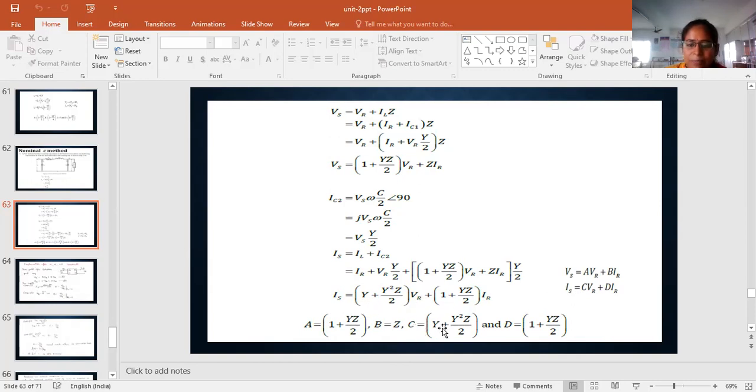C value is y plus y square z by 2, and for D value 1 plus yz by 2. Okay, these are the four values for the nominal pi method ABCD values. We can find out whether two conditions will be satisfied or not. The first condition is A equal to D, and the second condition is AD minus BC equal to 1. Okay,